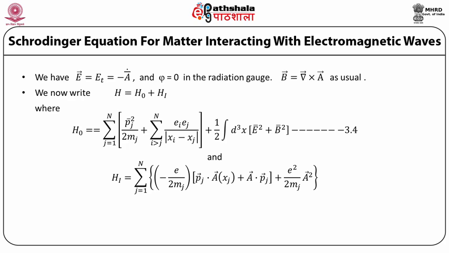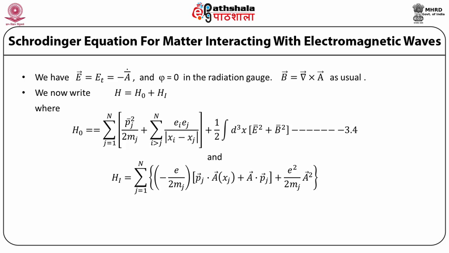We have E vector equal to E transverse, which is equal to minus A vector dot, and phi is 0 in the radiation gauge or the Coulomb gauge. B vector is curl of A as usual. We now write the Hamiltonian into two parts, H naught and Hi. H naught is for the original Hamiltonian and Hi is for the interaction part, where the original Hamiltonian H naught